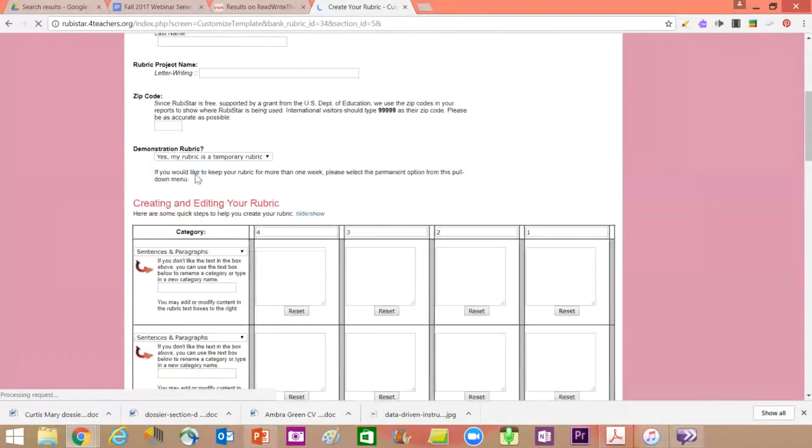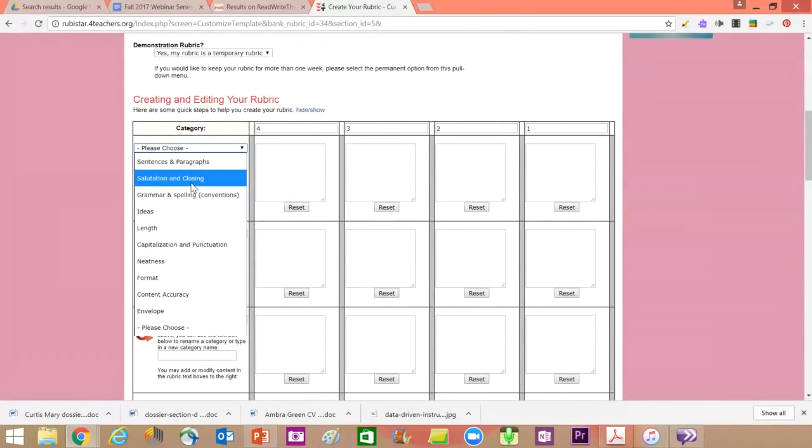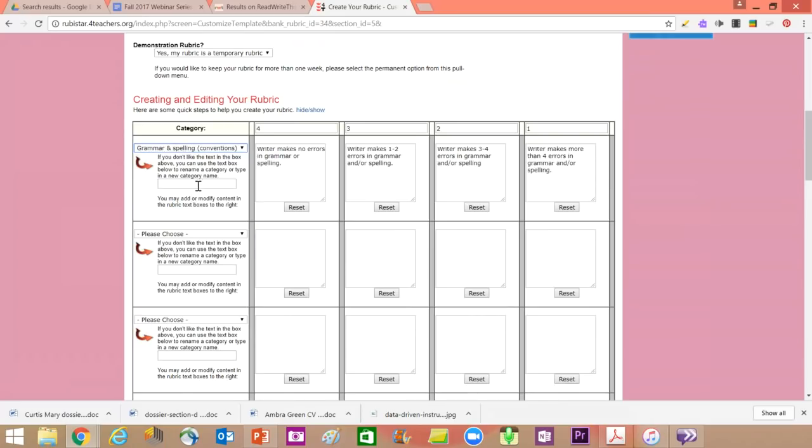And let's scroll down to the actual rubric. So there's different criteria. Look at all the parts that you might want to evaluate. So each criteria goes in a different category. And then, let's just say grammar and spelling, because when you assess writing, grammar and spelling are part of it. So you can see it's 4, 3, 2, 1, and that's a great way to assess, or you could reverse it 1, 2, 3, 4, low to high. And it fills it in for you.